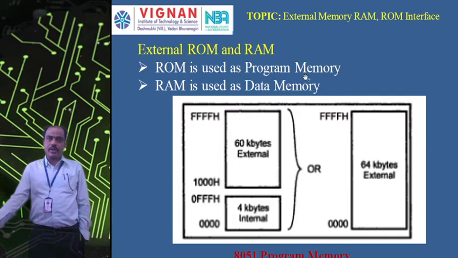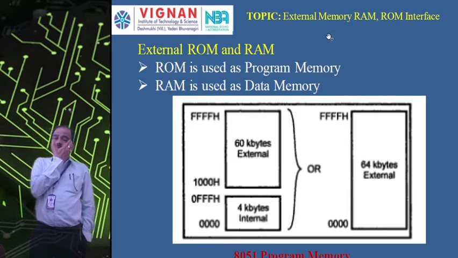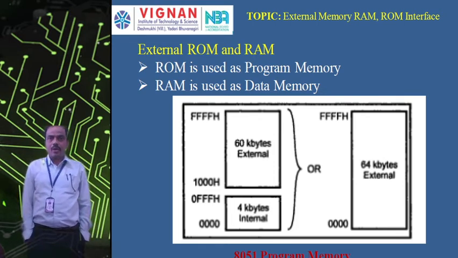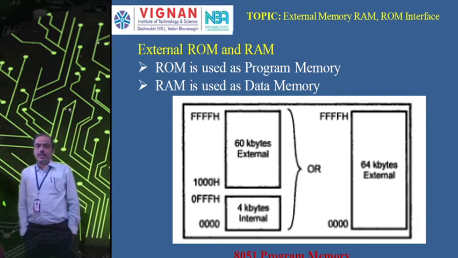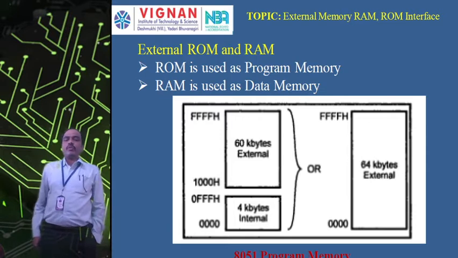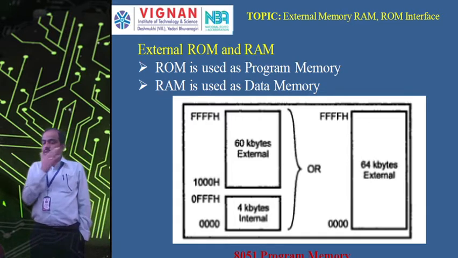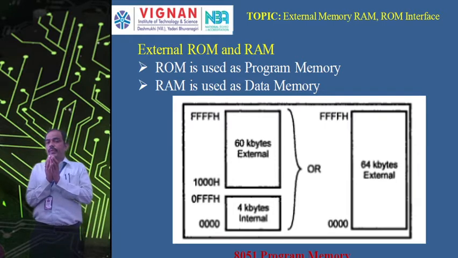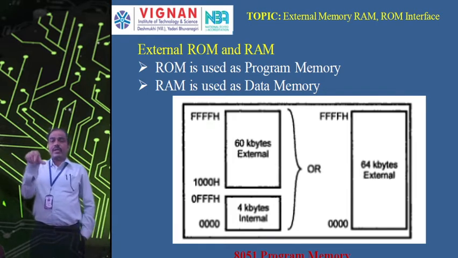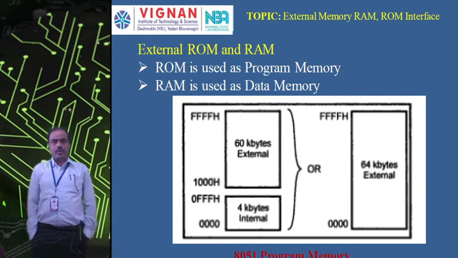First we are going to discuss the first topic, that is external memory interface, that is RAM and ROM interface. In this session I am going to discuss the configuration of memory internally and externally, and how we are going to interface, very briefly. In the next session onwards we will discuss the exact circuit interface diagram, how the interface is provided between the microcontroller and RAM and ROM. Here I will discuss what the actual memory is, how it is organized, and the map of the ROM and RAM of the 8051 microcontroller.